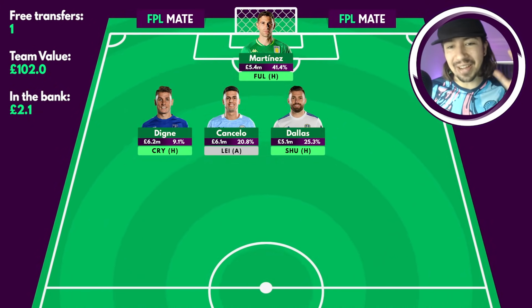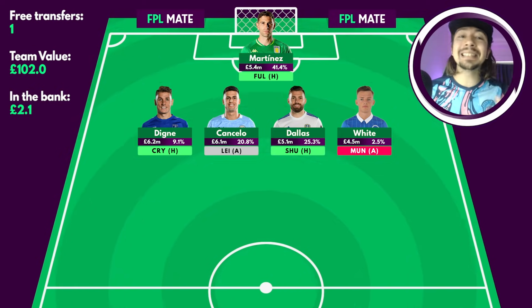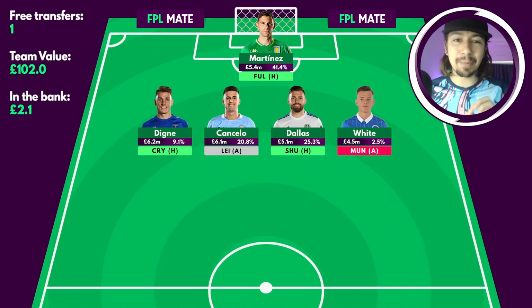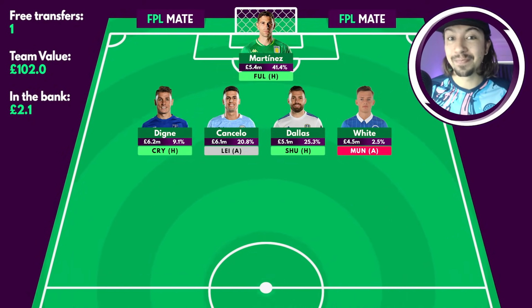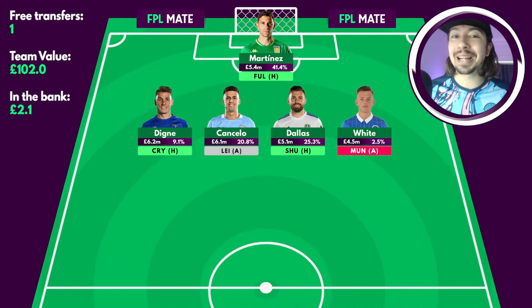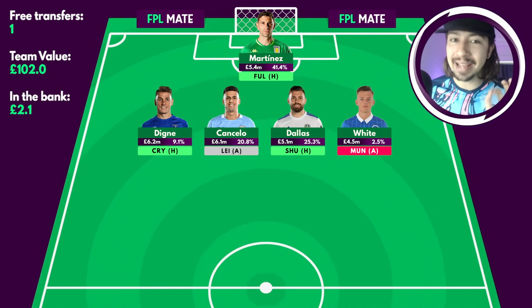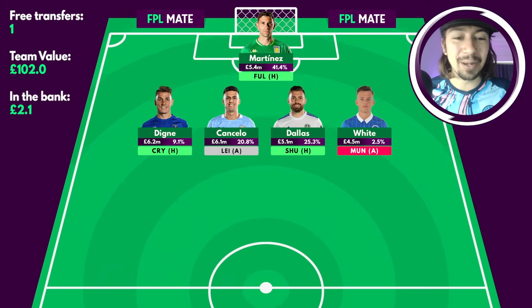And then I'm going to finish off the defence with Ben White. Now, this is a placeholder, guys. I'm not going to lie to you guys. I'm just throwing in Ben White because he's going to be the player I transfer out this game week. So I don't know if that's a clue of who I might be bringing in. But Ben White is going to sit there as a placeholder and we're going to whip him out in a second. In the meantime, we're going to move on into midfield and we're going to start off with